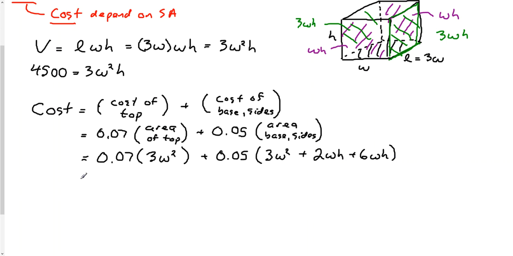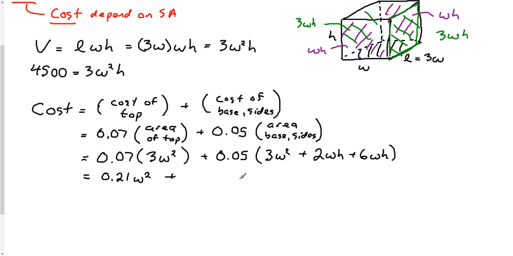Now, this can be simplified a little bit here. So at the beginning here, let's do some multiplication. So 0.07 times 3 is going to give us 0.21 W squared